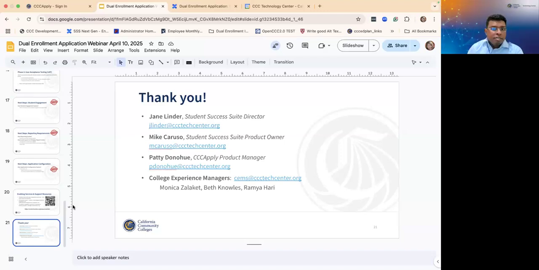Will this application be used for concurrent enrollment students, not dual enrollment, as well? It depends on how many units the concurrent students are taking. So if they hit that 12 unit cap and they do more, they're going to have to do the